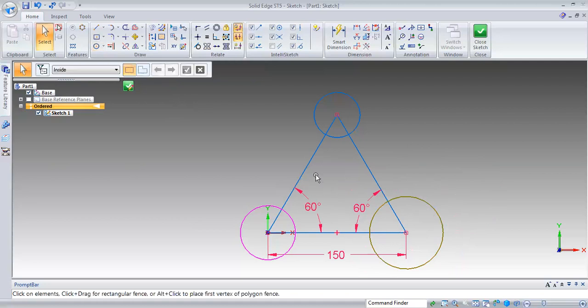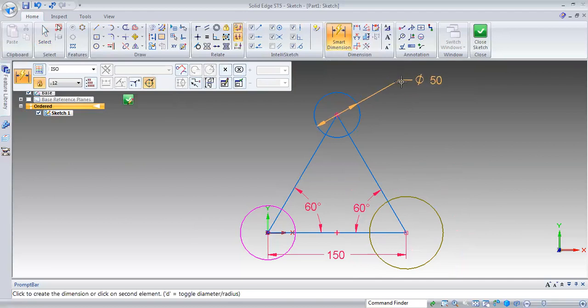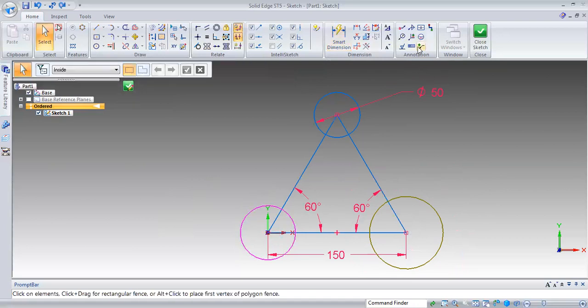So like this, you can give this dimension. Later on, you can check with these dimensions. You can do Control Z also, undo.